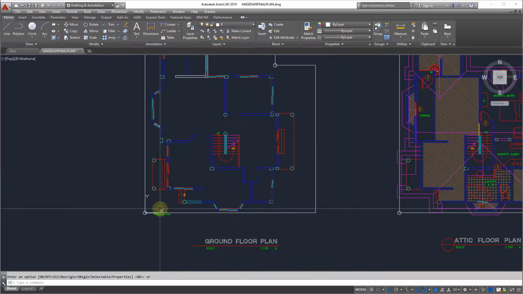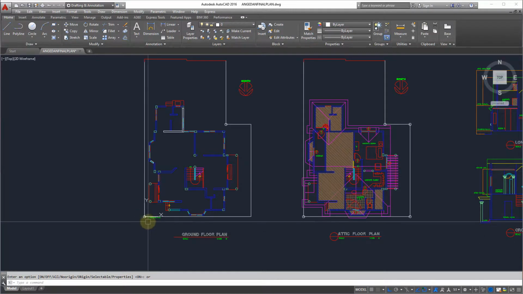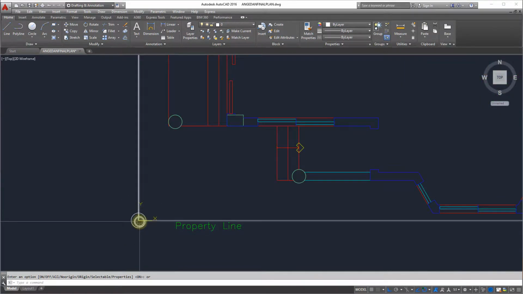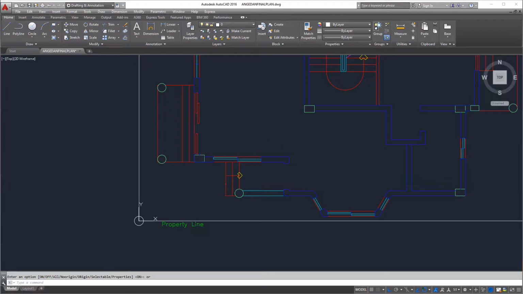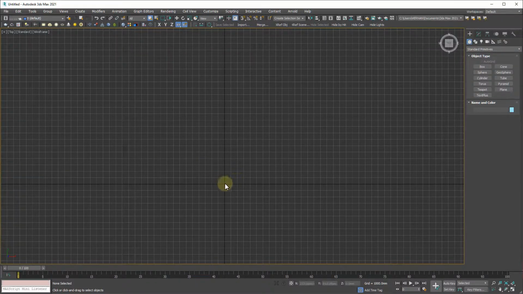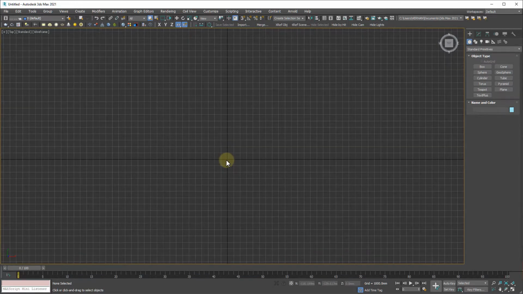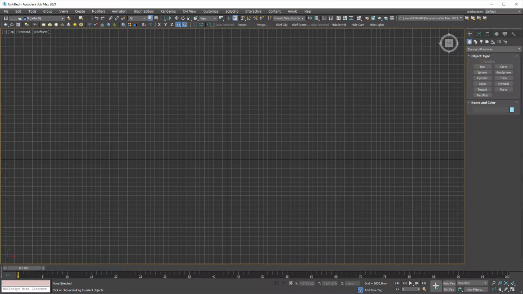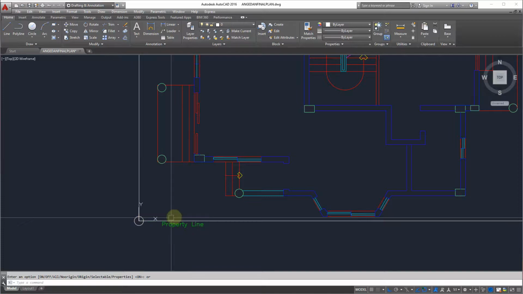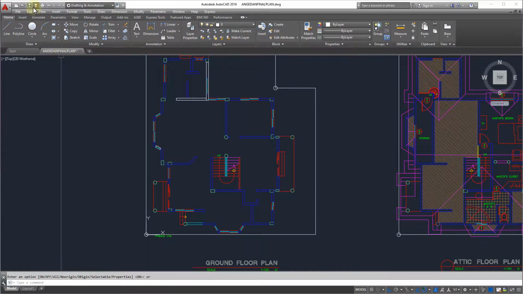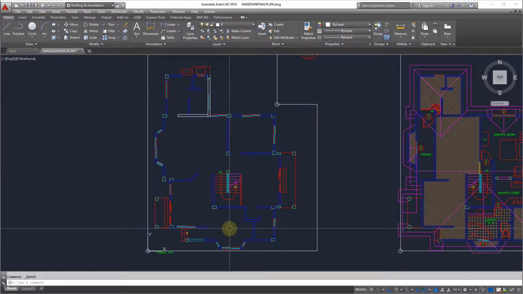Once you set your UCS icon, remember that your origin here will be at this part of your 3ds Max, and this is the origin of 3ds Max. This is the 0,0 location. Once we relocate this, just save your CAD file so that you've saved your location. And then next is to